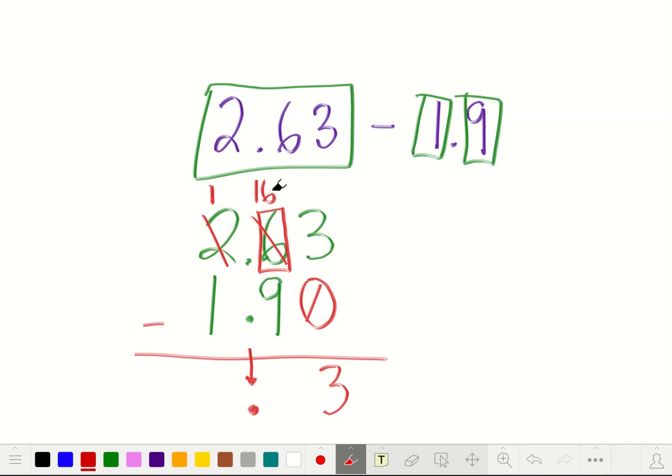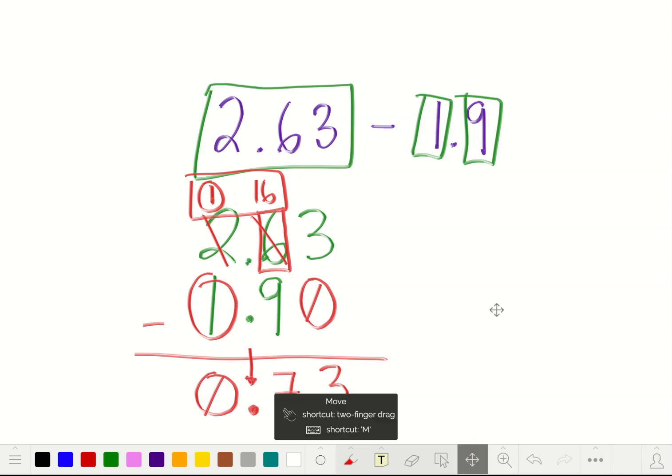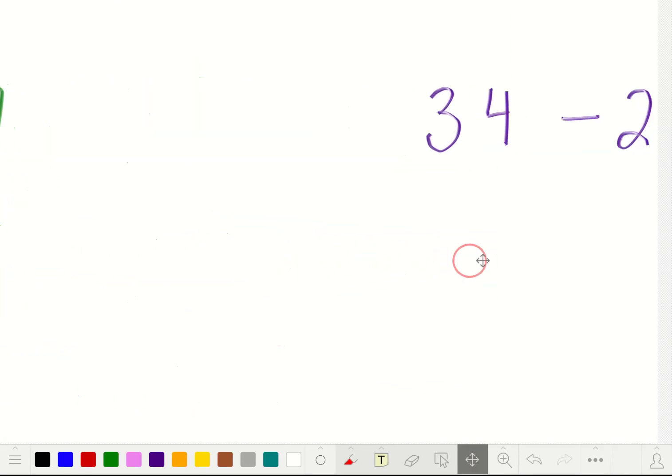So now we can subtract. We have 16 tenths, take away 9 tenths, and we'll have 7 tenths. Over here, we have one whole minus one whole, and we'll end up with 0. So the final answer or difference is 73 hundredths. This is the kind of work I want to see right here, the regrouping. If I do not see that work, I'm going to say that you cheated and you're going to redo the